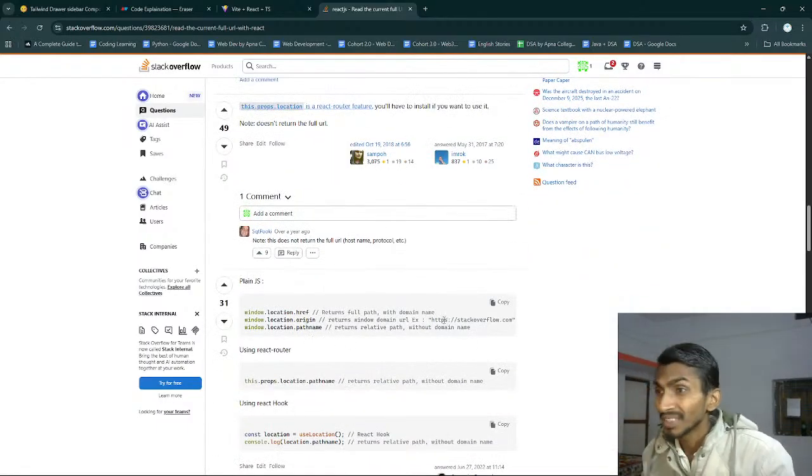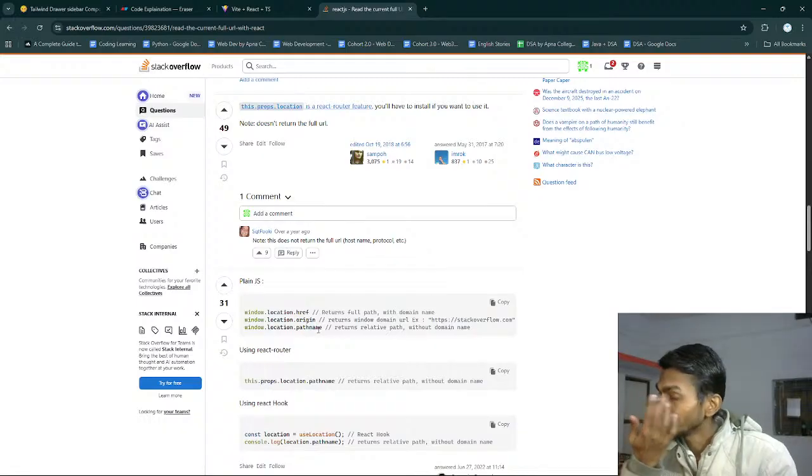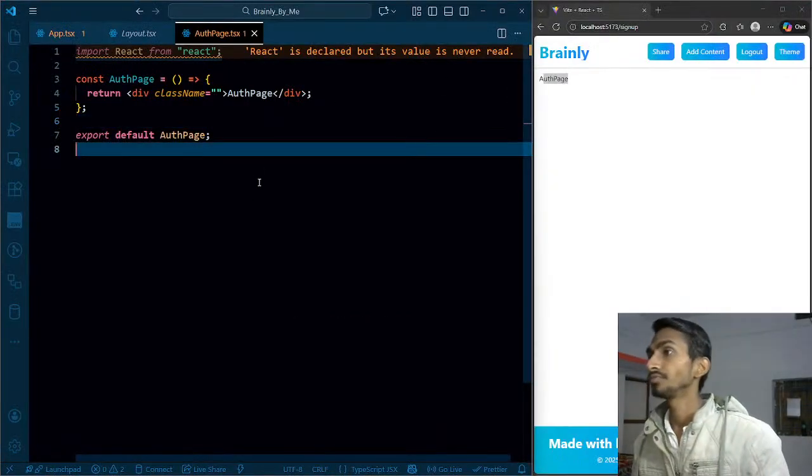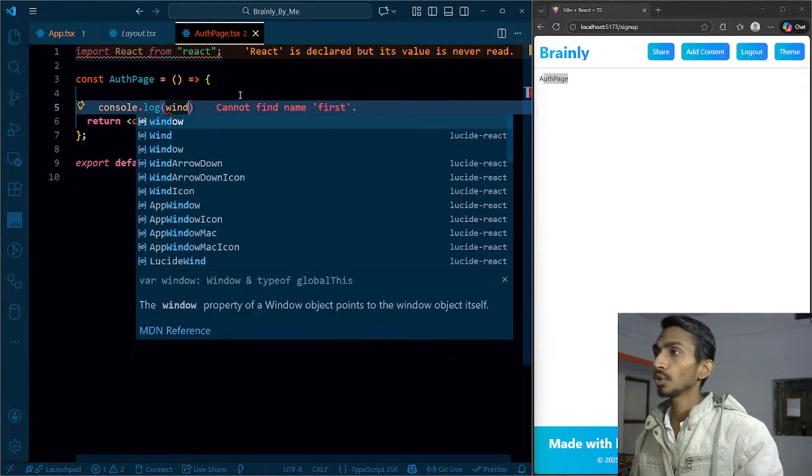Origin, name. Okay, let's check this thing out. href returns the full path with the domain name. Okay, returns window URL. Origin returns the relative path without the domain name, and I just need that pathname. So let's try this thing out. console.log window dot